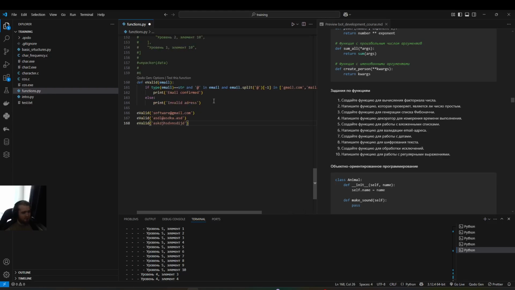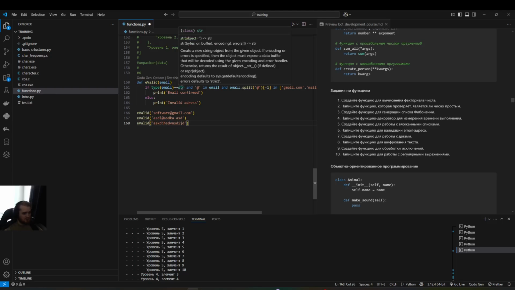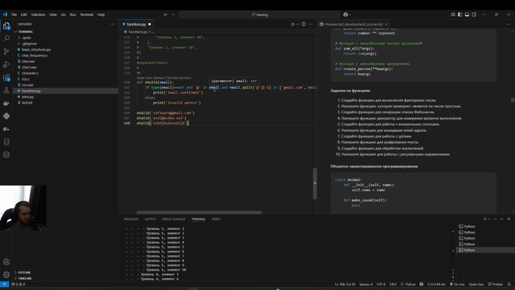So basically, what does it do? If the type is string, first of all, right? Because if we are provided with just a number, we don't want to mess with it. And there is @ in this input variable, and